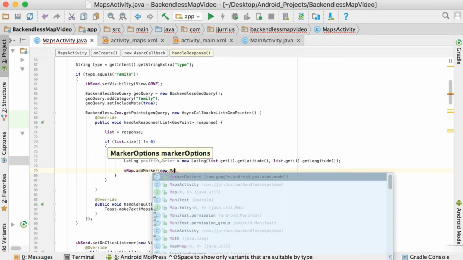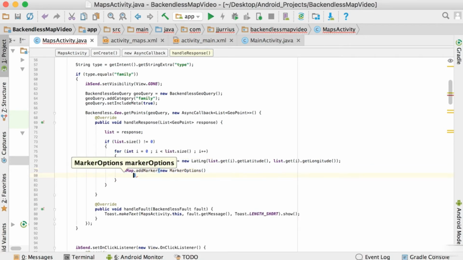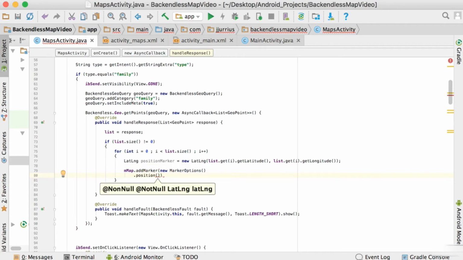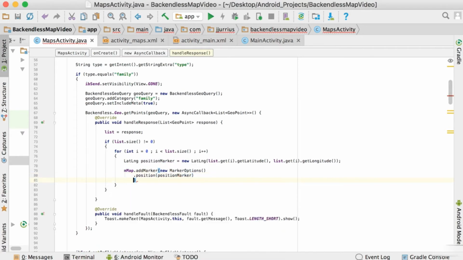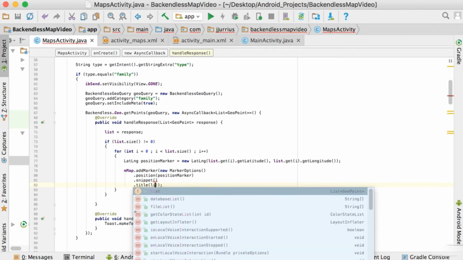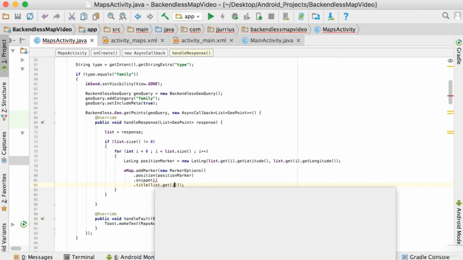Then go to your map object again, and we're going to say addMarker. Again, new MarkerOptions. Let's go to the new line there. I'm going to add a position there. I'm not going to add an icon this time, so I'm just going to say position, and then I'm going to pass in this position marker. Then go to .snippet. So I'm going to talk about the snippet now, and then there can also be a title there. So I'm going to set a title there, and the title will be list.get(i)